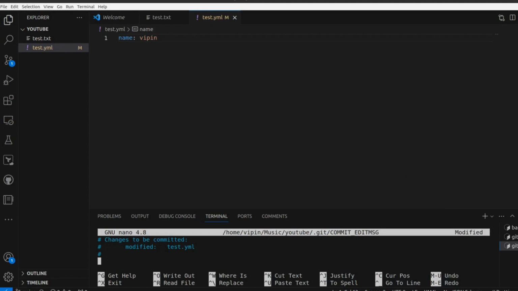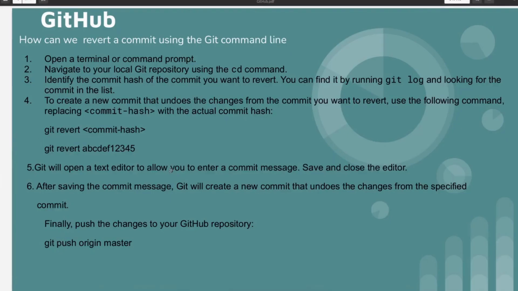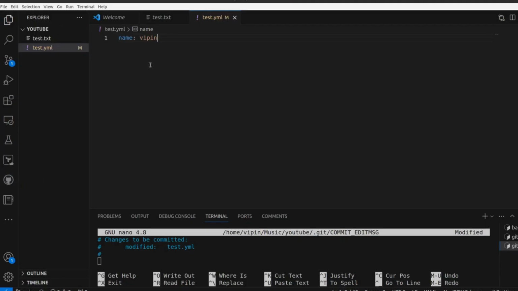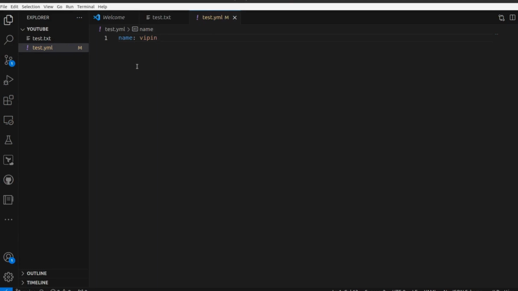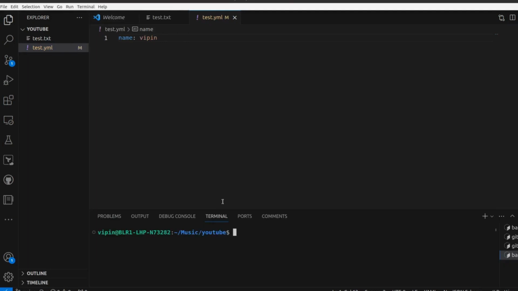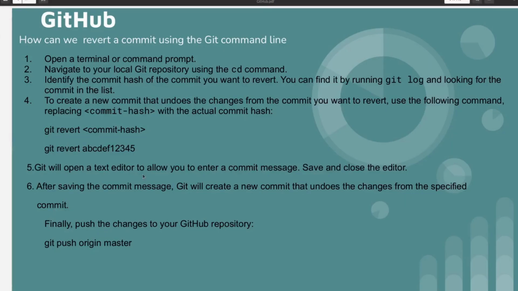So that's it, we have already seen everything. After saving, save the editor. Let me save this, and let me open the terminal and go step by step.